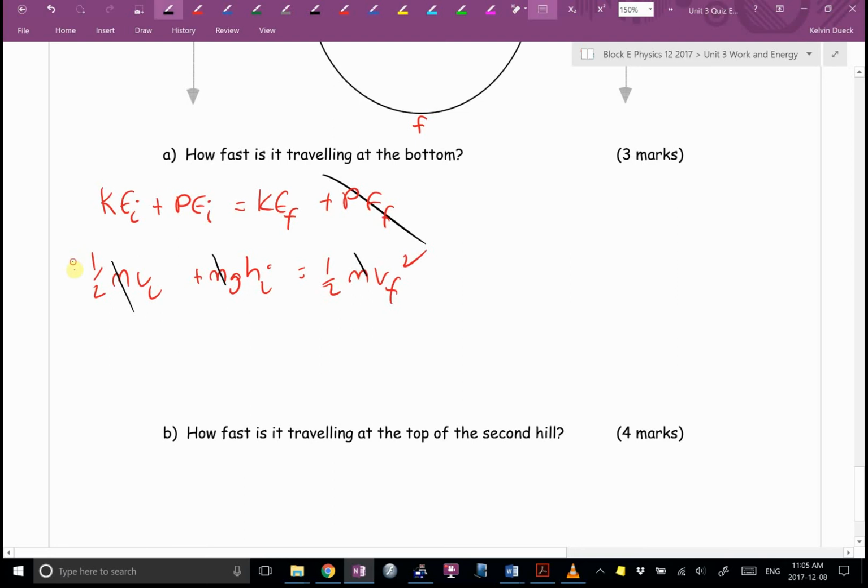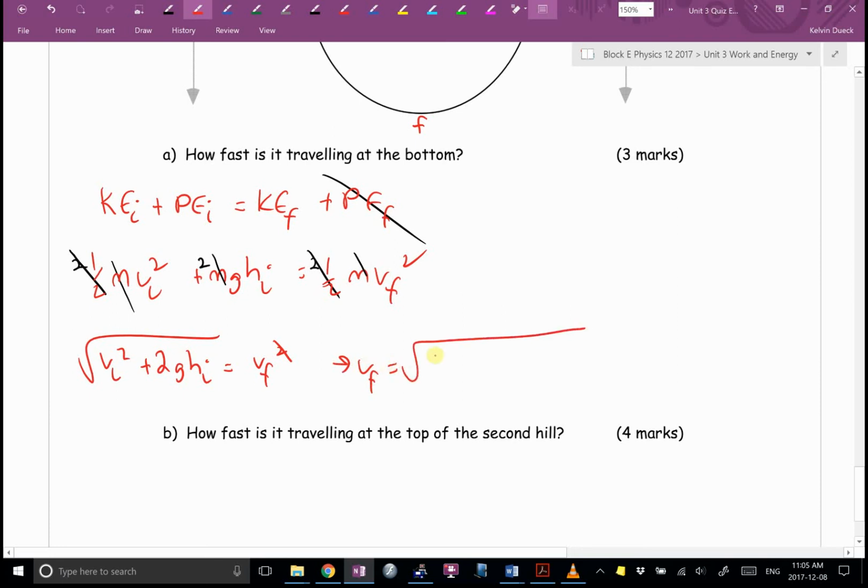I'm also going to go times by 2, times by 2, times by 2. You don't have to. You can make all those 1/2s 0.5s. You'll get the same answer, but I like to try an elegant solution if I can. And also, I notice I foolishly forgot a squared there. Don't do that. You're going to get vi squared plus 2ghi equals vf squared. How to get rid of a squared? Square root. You're going to get vf equals the square root of